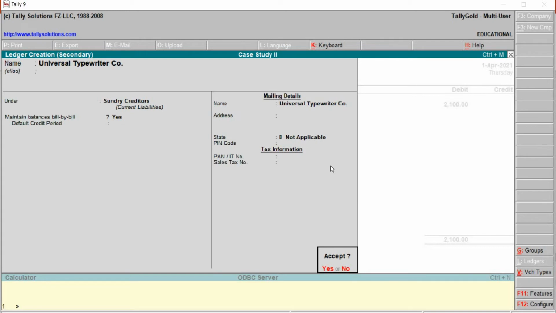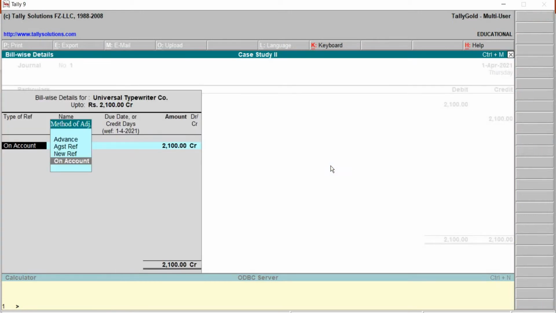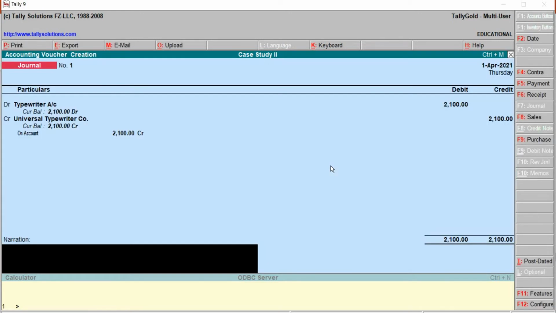Save by pressing Y from the keyboard. 2100 on account. Type the narration, later save this one.